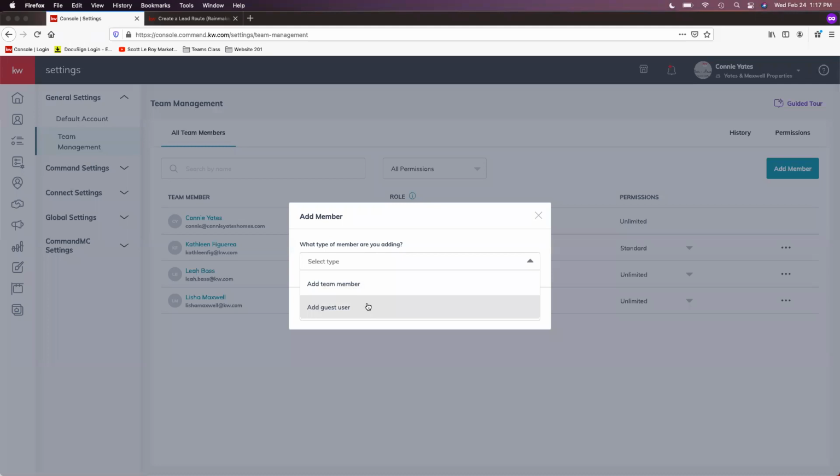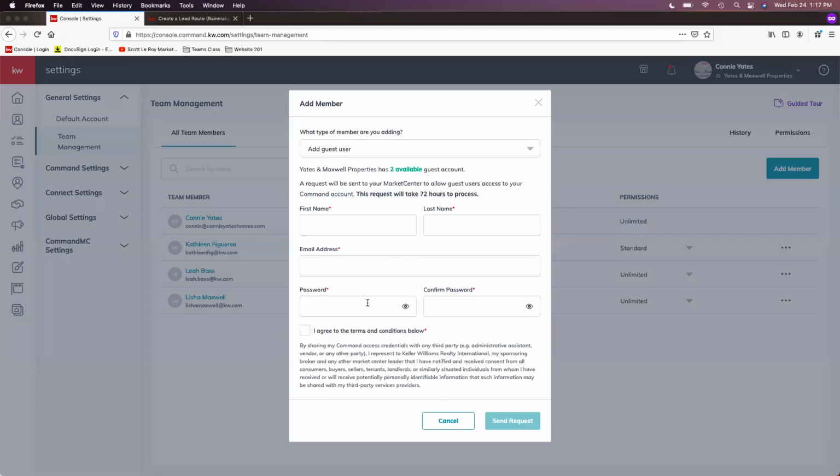Adding a guest is going to essentially give them a guest login for Command, and they'll be linked to your team, which is great. So I'm just going to go ahead and click on Add Guest User just to show you guys quickly what it looks like. We do have a tip video that goes over this specifically as well. But as long as I have my guest user selected,